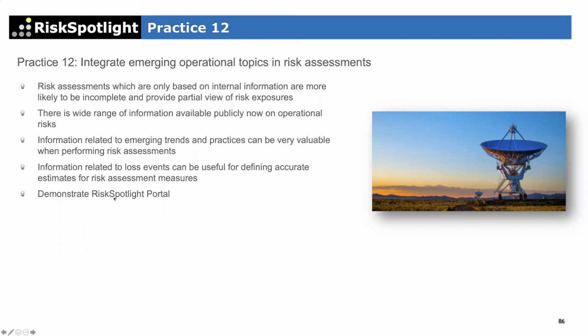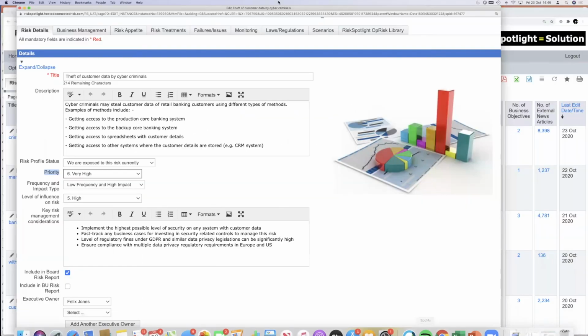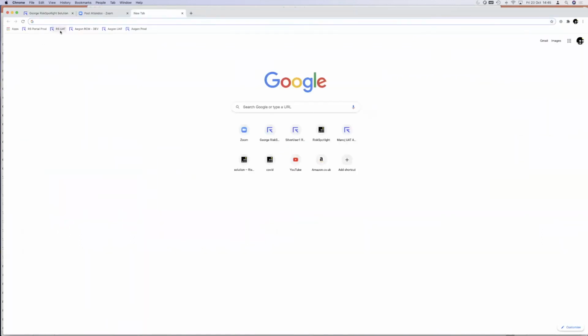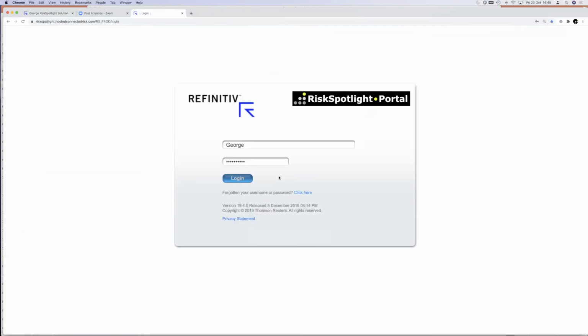So we said, okay, if it's difficult on Google to see information by operational risk, we will take that information and try and structure it into operational risk. And that's where I want to quickly show you what we have done on that, and then I'll give you a little bit more information.